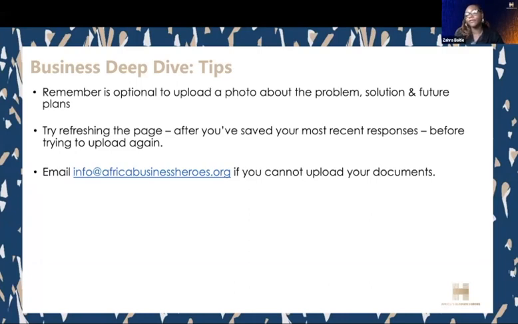It's only if you feel visuals may capture what you're trying to say better because you weren't able to do so via text to the extent that you would like. Please don't stress about whether you have an ideal photo. You do not need to upload one, and it does not impact your scoring. It's just if you feel that might be a more powerful way to supplement what you're saying.